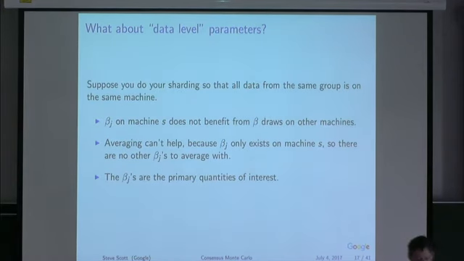So we can do consensus Monte Carlo here to get posterior draws for the hyperparameters. We can compute the marginal distribution of the hyperparameters. What we really care about is the data level parameters, the beta sub j's for the individual advertisers, because what we want to do is make advertiser-specific decisions.